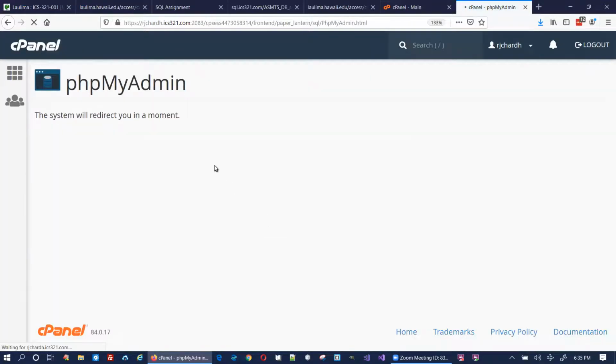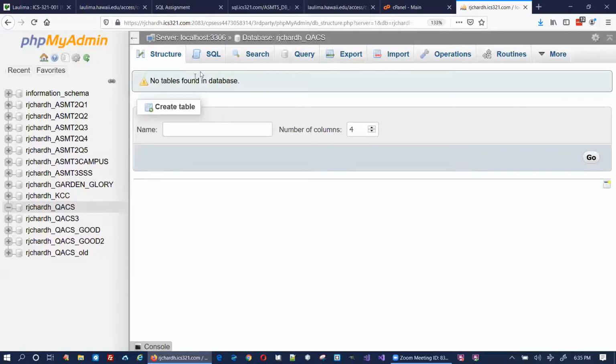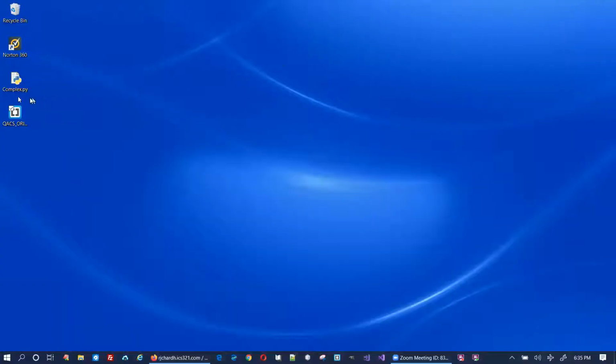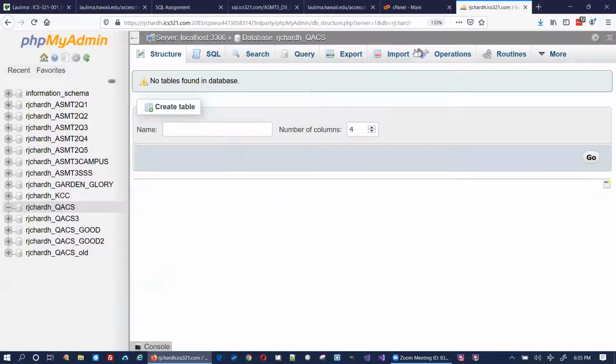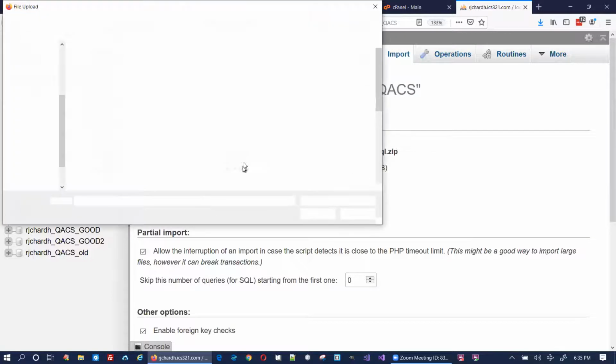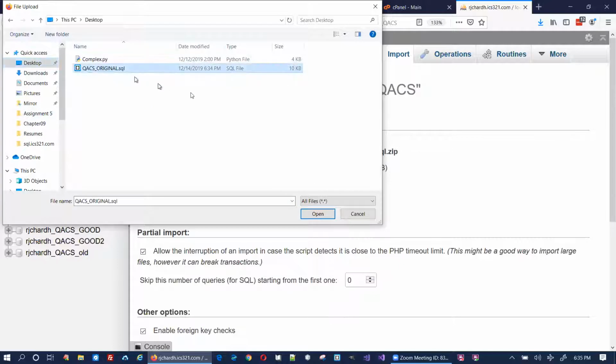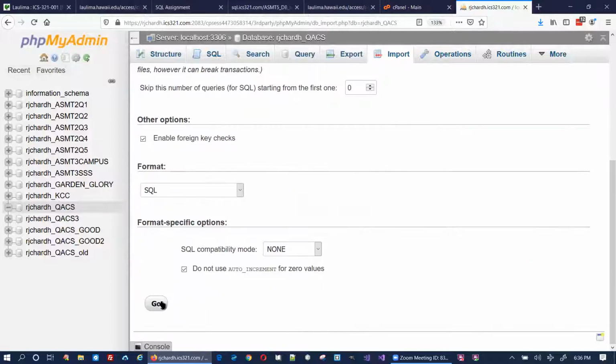And then I go back to PHPMyAdmin, click, and here we are. And there it is again. Click on that, and no tables. The other way is, you see I saved this out right here, and I can import, and I browse to the desktop, this one that I just downloaded, open, and there it is, and I can click Go,